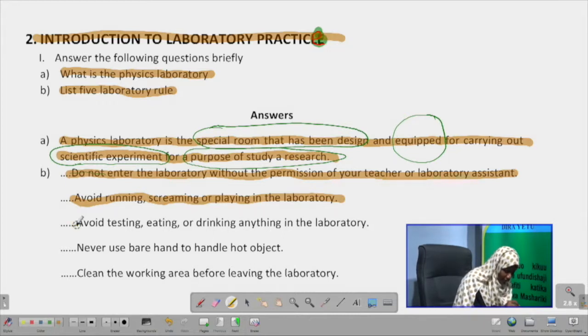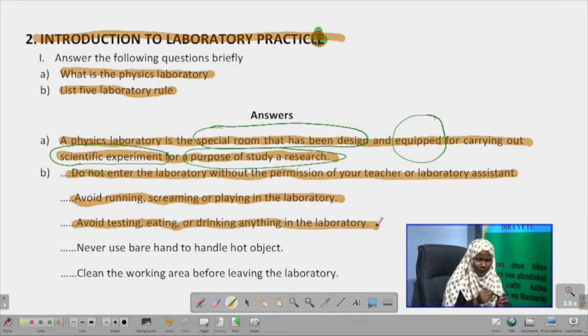The third one, avoid tasting, eating, or drinking anything in the laboratory. In laboratories, we are going to have some salts, we're going to have some other kinds of materials that can be eaten if you're curious to try, but you should never do that. You should never taste, you should never eat or drink anything in the laboratory. If you do so, that might be harmful, you see. And then